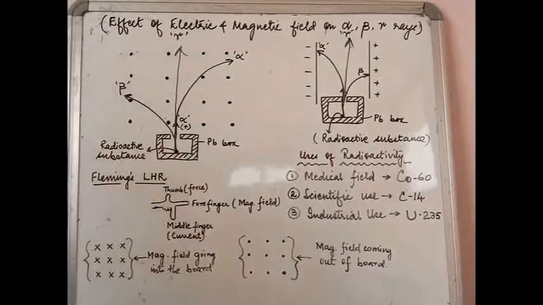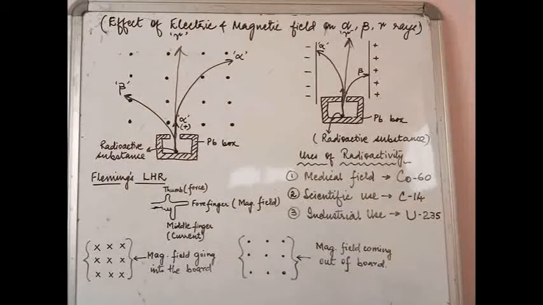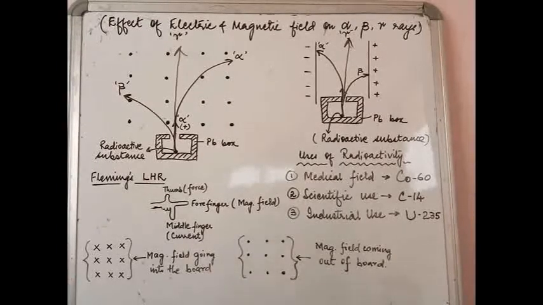Now let us quickly move on to some of the uses of radioactivity, which is the usefulness, as we may call it, because we all know that there are many harmful uses of radioactivity. Harmful, we can't say uses, but harmful effects of radioactivity. Such radioactive elements are used in the preparation of atomic bombs, hydrogen bombs, and so on and so forth. And then obviously they cause a lot of skin damage, they cause cancer, and then there are many other harmful effects, both in a temporary way and in a permanent way.